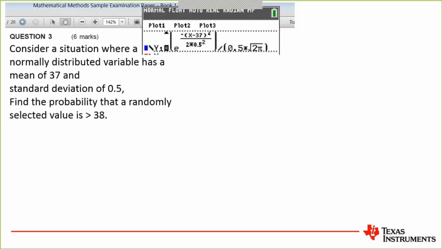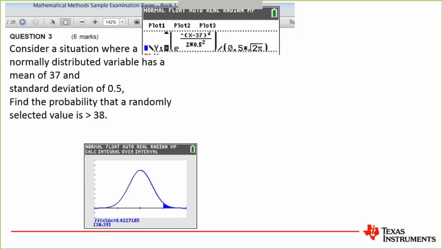Here is how I go about it. I graph this. That's not the only way to graph it, by the way. There is another shortcut. But I like this because you can see that I've got that mean value of 37 and the standard deviation of 0.5 in the function, so students can see that happen. I just love the connections of this and the visual. So here it is, and then we can do that shading as you saw me do on my previous slide.